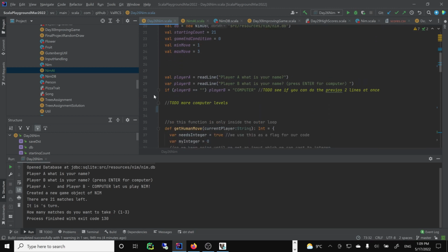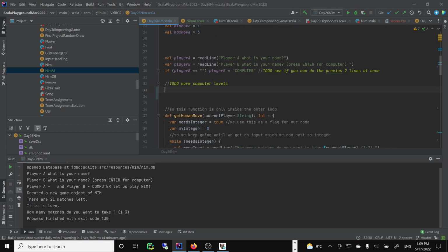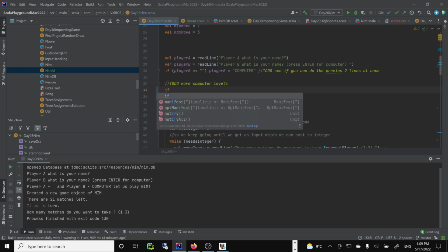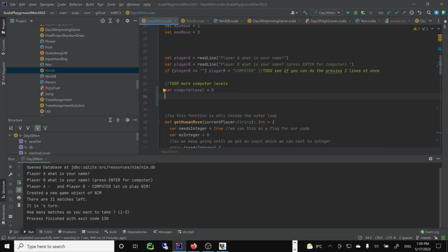We could add a computer level, so to do more computer levels. We'll do var computer level equals 0, a very stupid computer. A bad computer, maybe 1. So if